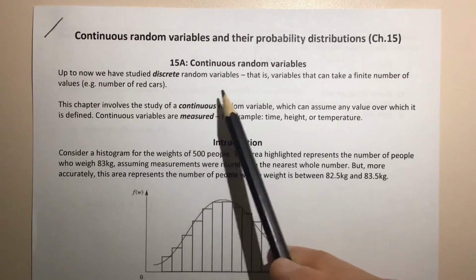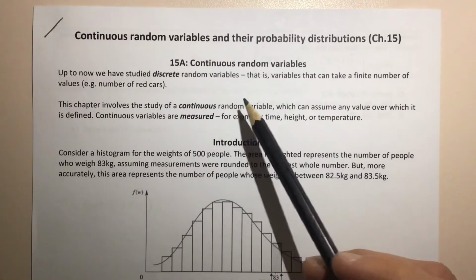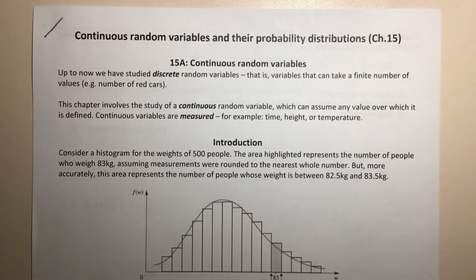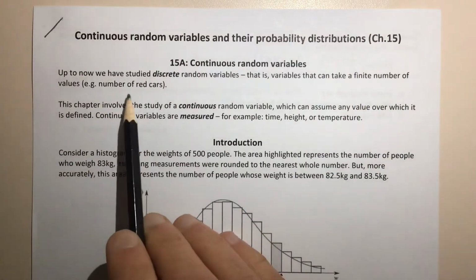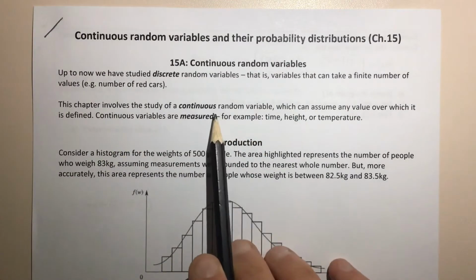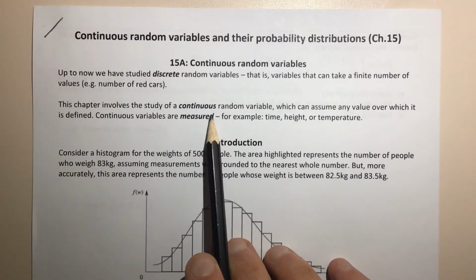Discrete random variables are things that we typically count, right? So there's usually a fixed amount of values that they can take, because often you're limited by the fact that they might be whole numbers, if you're, say, counting the number of red cars that you see every hour. However, a continuous random variable, or a continuous variable more generally, is something that can actually assume